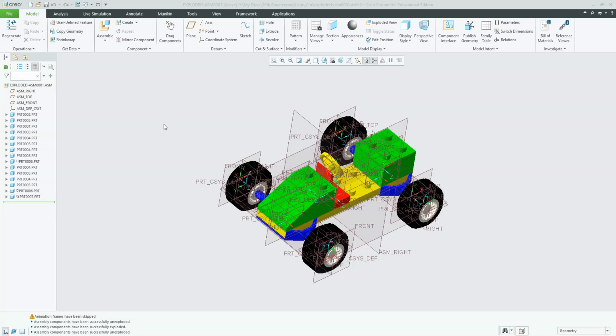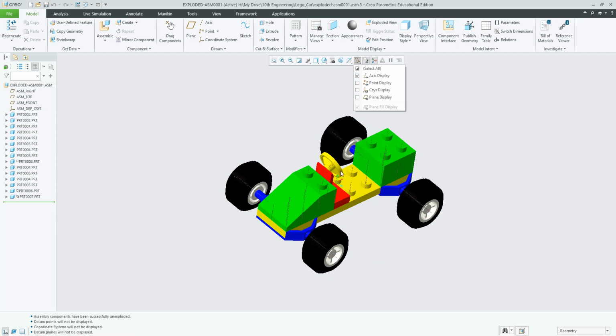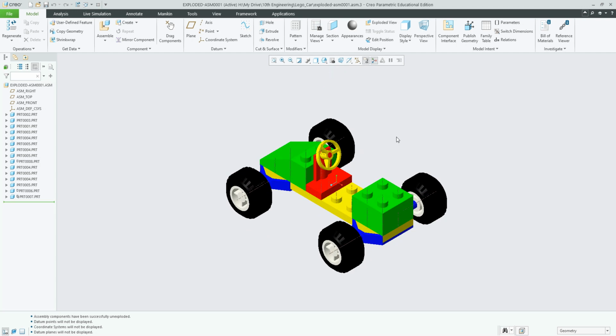All right, so once you have assembled your Lego car, we're going to switch to creating an exploded view. Let's first remove the display of the points and the planes, but we want to leave the axis. Depending on how you assemble this, our default or standard orientation might be different. So mine looks like this. Now, this assembled